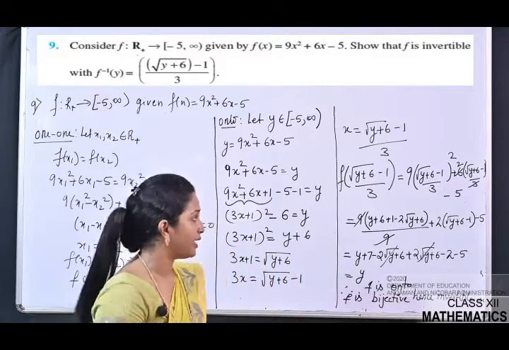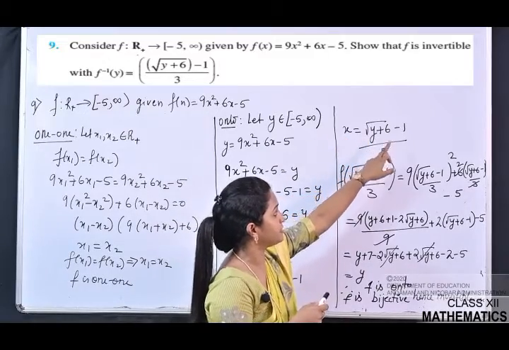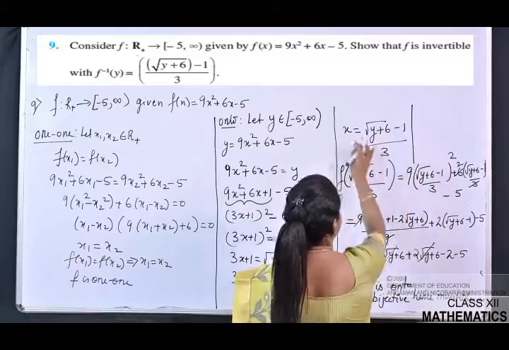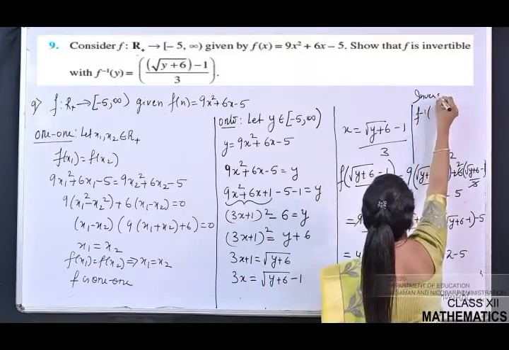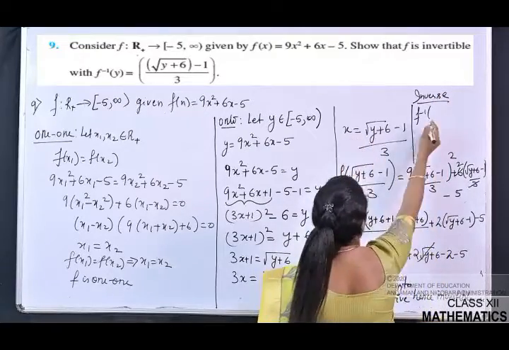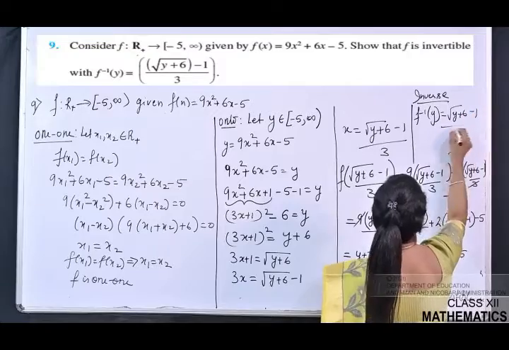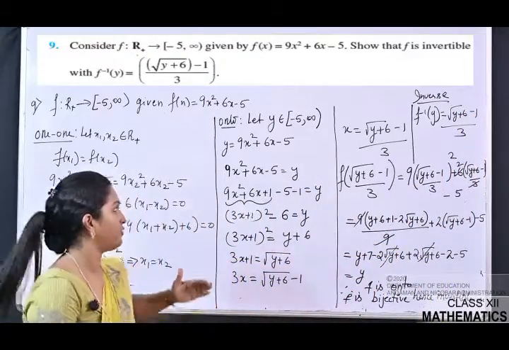यहाँ तो बहुत सिंपल है, आप देखिए आपको x की वैल्यू क्या मिली है, root over y plus 6 minus 1 by 3. That means अगर आपको इनवर्स निकालना है, ये क्या है, this is nothing but f inverse of y. Okay, it is nothing but inverse. f inverse of y is equal to root of y plus 6 minus 1 by 3, ये आपने प्रूफ कर दिया।